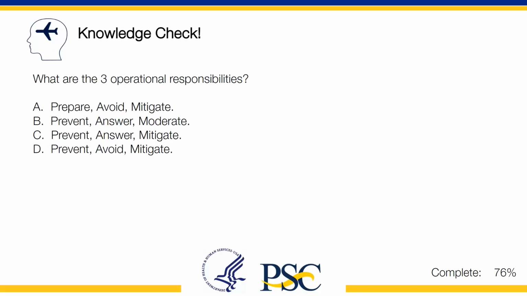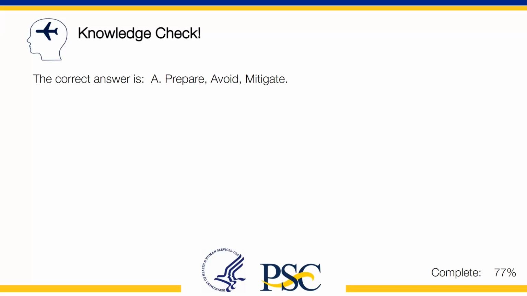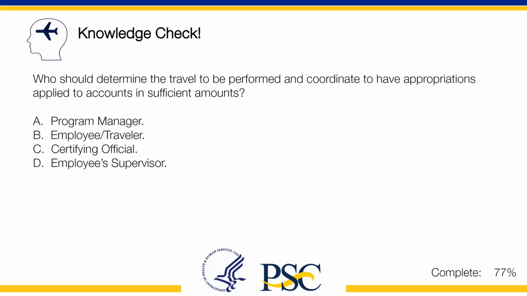Consider your response, and then resume the video to learn the correct answer. The correct answer is A. Prepare, avoid, mitigate. Who should determine the travel to be performed and coordinate to have appropriations applied to accounts in